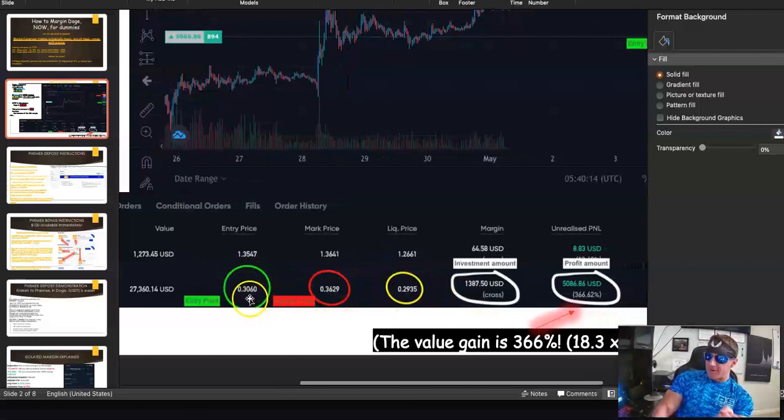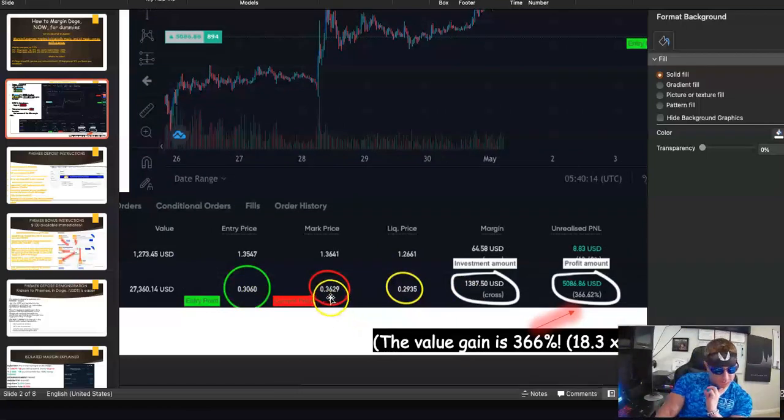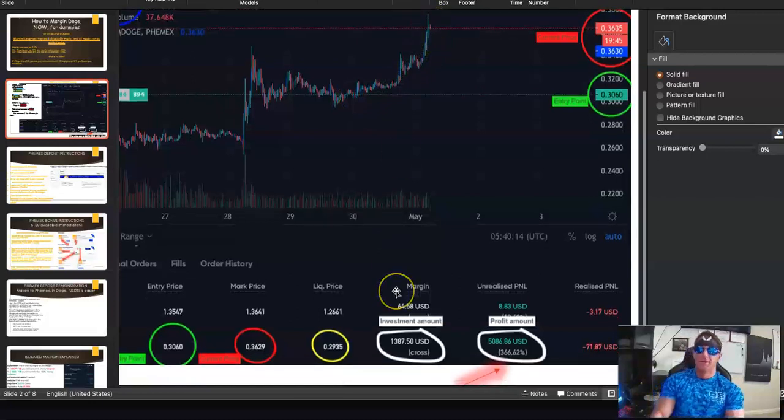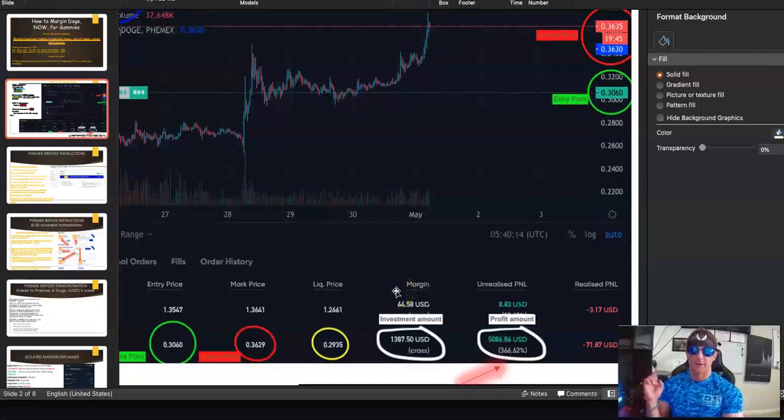Bought at 30.6 cents. It went up 6 cents. That's like 20%. But my gain was 366%. So I took $1,300 and 30.6 to 36. So I bought in here on the 30th, and then on the first, a day later, it had made me $5,000, and it would have made you $5,000. It would have made you $10,000 if you did 2,600. But the risk is